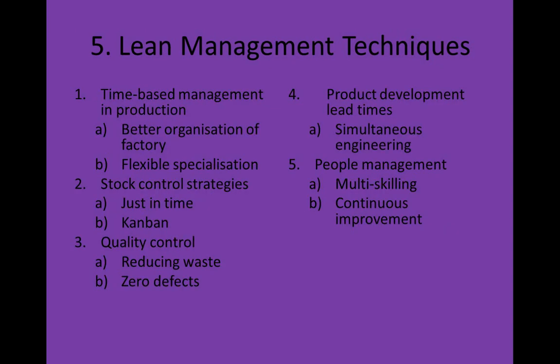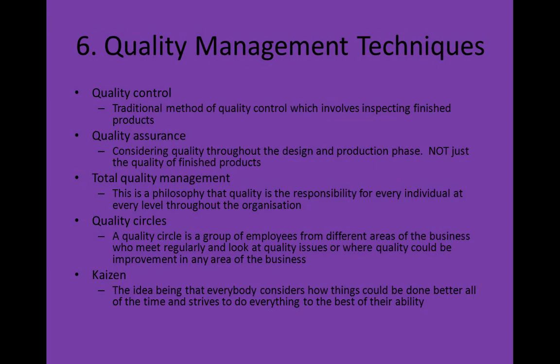So we've touched already on quality in terms of reducing waste and zero defects. So how can we manage our quality? Well, you need to know about these different quality management techniques. First of all, quality control is a traditional method of quality control which involves inspecting finished products. Usually we've invested time, money, resources into a product that, if it had failed in the early stages of production, would be a waste. So quality control is not a very efficient method of managing quality